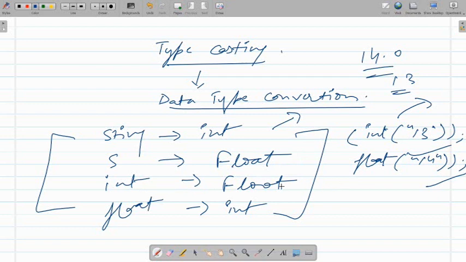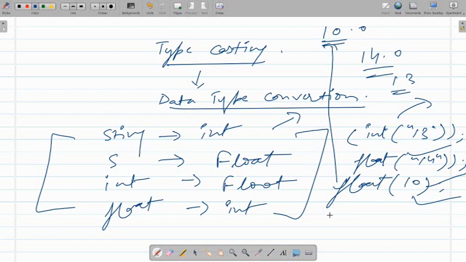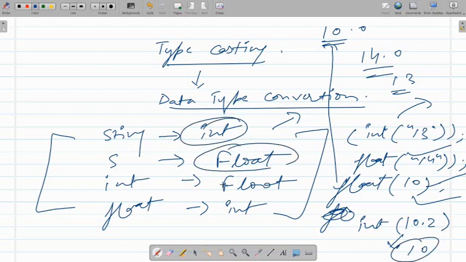And if you want to convert integer to float, for example, if we have 10, then you want to convert it to 10.0, so this will return 10.0. And if you want to convert a float into integer, then we will use int of 10.2, this will return only 10. So int and float are the typecasters which are used to change the type of the given values.